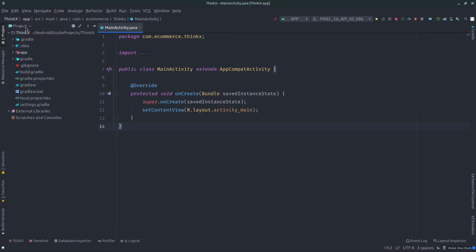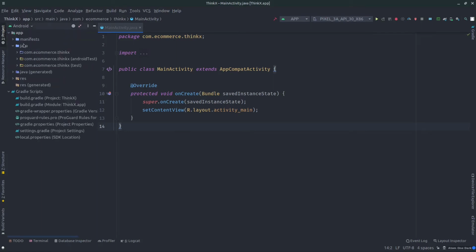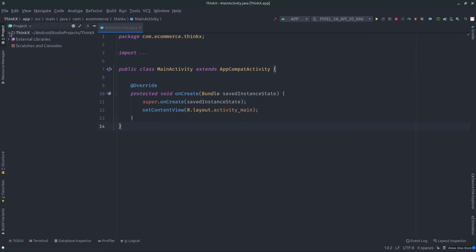Now here you can see we have the project, and we can also switch to different structures, like we can switch to Android here, and you can see it shows a different type of structure, but mostly we are going to use the project structure. And you can see in the project structure we have a ThinkX Android application project which we have created. Now if I expand, here are a bunch of directories.